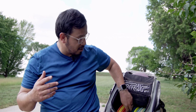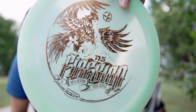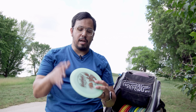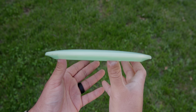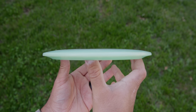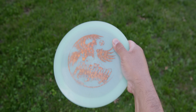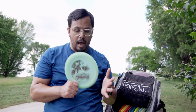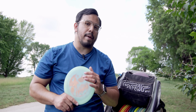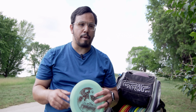And that's my fairways. Other than that, I just have this Sexton Firebird. It's nothing special. It's just last year's Tour Series. I used to have 2016 Sexton Firebirds because that's when I got into Sexton Firebirds and throwing. I had those in the bag until I found out how much they were worth, and I was like, I don't need to throw these anymore. So I sold them and then just got the most recent run. Other than that, I have a Glow Firebird that I usually throw in my bag if it's 35 mile per hour plus. And I have a few other discs that I throw in my bag as well